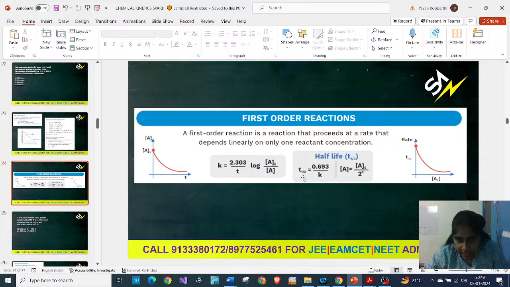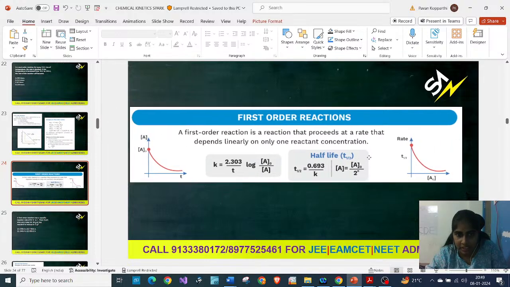They have given the initial concentration. They are asking to calculate the final concentration. Here the initial concentration is A naught, a concentration of A is A naught by 2 to the power of n. For the final concentration, this is the formula. We have to calculate